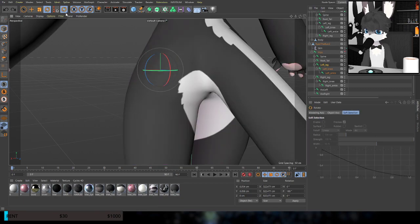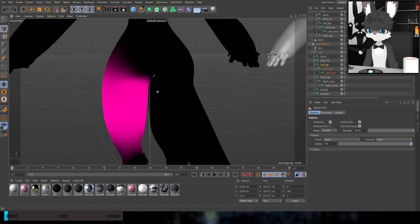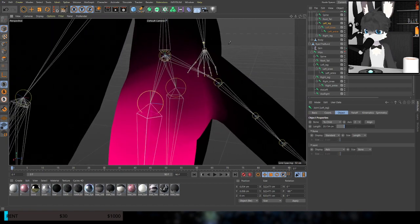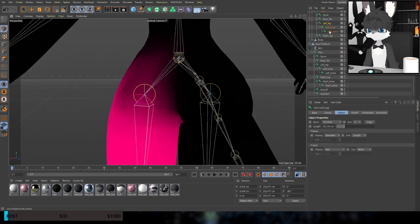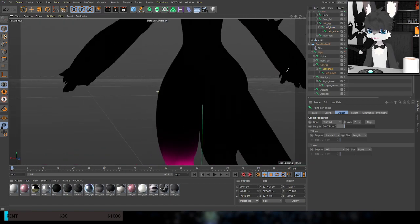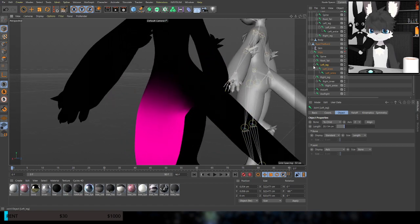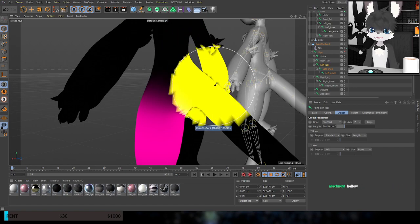Nope. Not very good at this, am I? Alright, let's try it. Oh wait, no, I've got one major difference that is a problem here. I can't do it like that because I have an extra bone that is attached to the hips. That's not going to be very helpful here because the reason being...